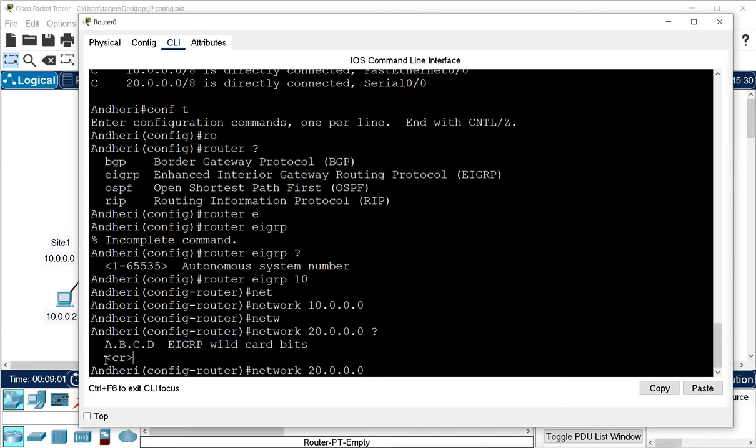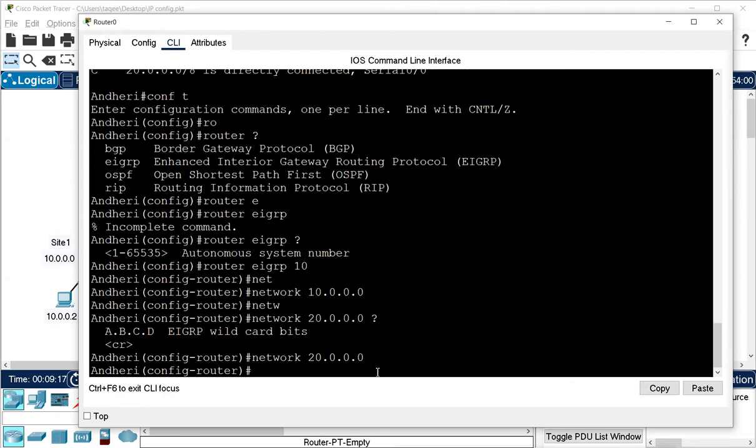Otherwise, you see the carriage return is shown there. That means we can press enter here directly. So in my case, in this router, I don't want to make sure that a specific interface enables the routing protocol, so I will not use the wildcard bit. I will just press enter to mention the network. It will be easy for me to mention the network. It is not that complex to mention the wildcard bit also, so it is giving you the option. If you want, you can give the wildcard bit. If you don't want, you don't give.